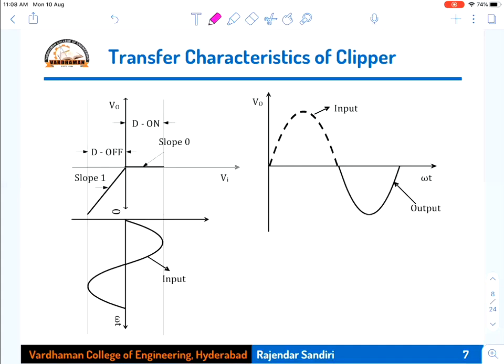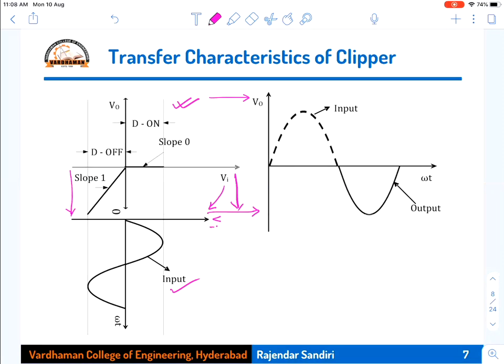So the actual transfer characteristic plot is this one. How we arrived at that: on the x-axis I am taking Vi, right? So this is Vi. So Vi plot will be this one. This is the Vi plot. So the input voltage plot is nothing but, across the zero axis, a sine waveform simply. This is the input waveform. Now across this axis, I have just taken the graph. Now across the y-axis, okay, y-axis, I'm just plotting the output waveform.